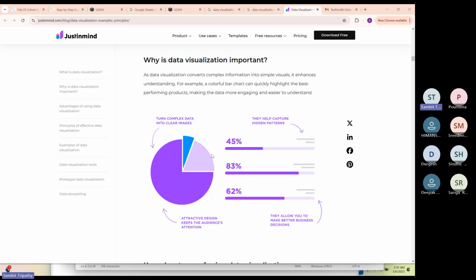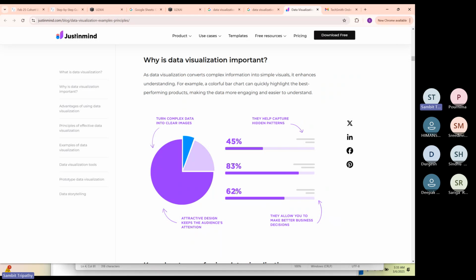Now, as you can see, this is a pie chart with an explanation on your right. This is definitely telling a story here. You can see that 45% of something is shown, and then 83% of that particular data. Let's say you are a student in the computer science and engineering branch.